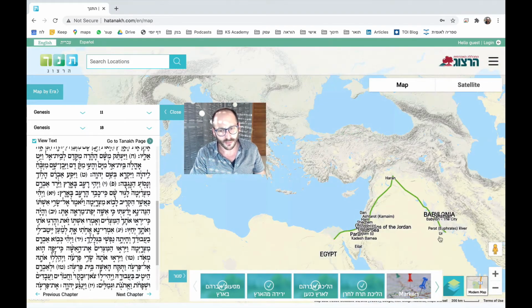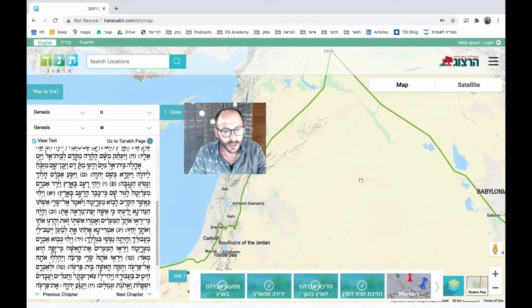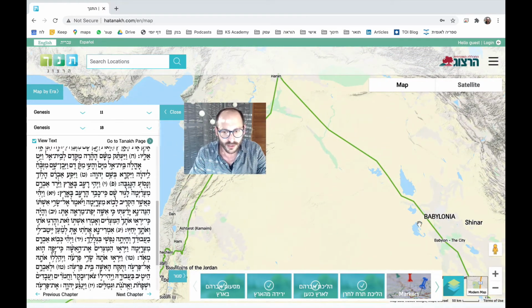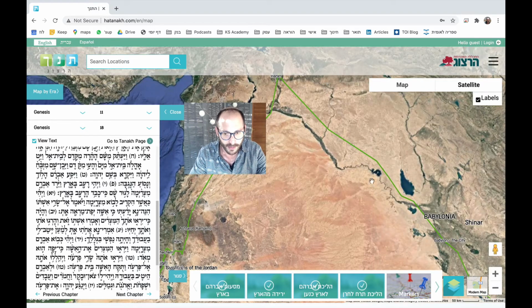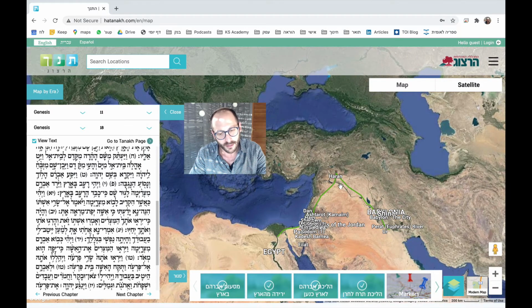Why didn't Avraham Avinu go in a straight line between Ur to Eretz Canaan? Why did he have to beeline through Haran? So if you look at the actual map, the answer to that is very clear, because you're staying along the water, along the Fertile Crescent. Here, let's go through a satellite map. That makes it much easier. You're going along the Nahar Prat, the Euphrates River, staying close to water and civilization,